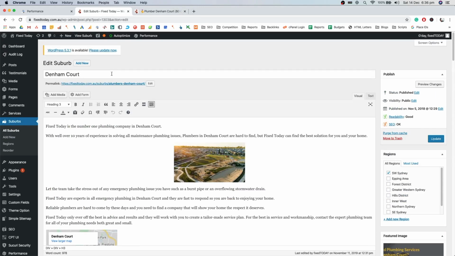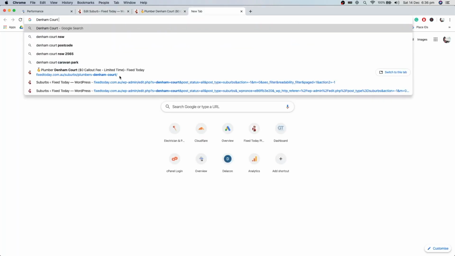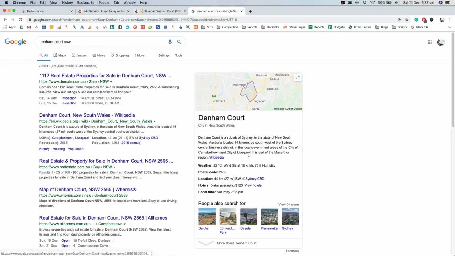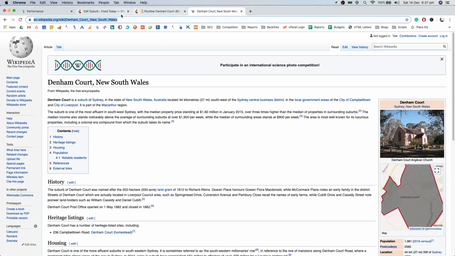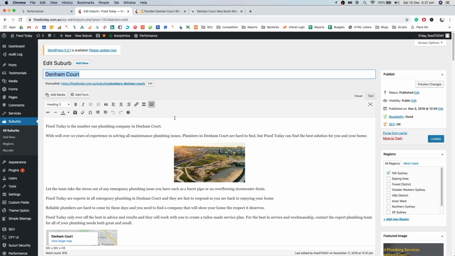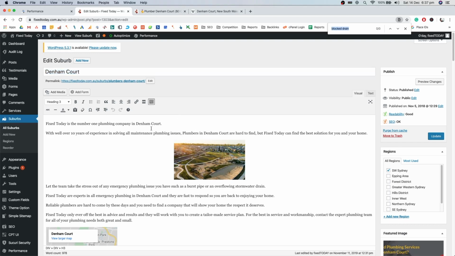So we'll typically just search for the location, go to the Wikipedia page for that location. Occasionally, if the location has its own website, like it's Sydney and it has a sydney.com.au, we'd include that as well. But linking out to high authority pages gives you domain or page ranking authority. So you want that page authority as well as